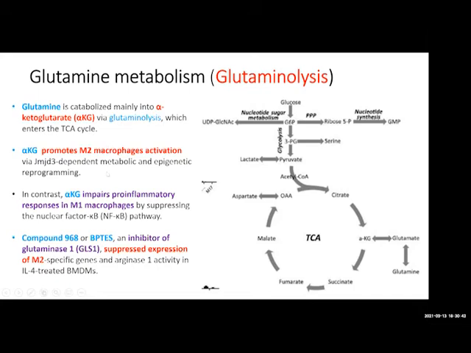Also, there is a very important pathway of metabolism, glutamine metabolism. Glutaminase enzyme can hydrolyze or catabolize glutamine into alpha-ketoglutarate. Alpha-ketoglutarate is a metabolite that is known to promote M2 macrophage polarization, and as we said, M2 has immunosuppressive function. So by inhibiting this enzyme with those drugs, it can reprogram macrophages from M2 to M1,